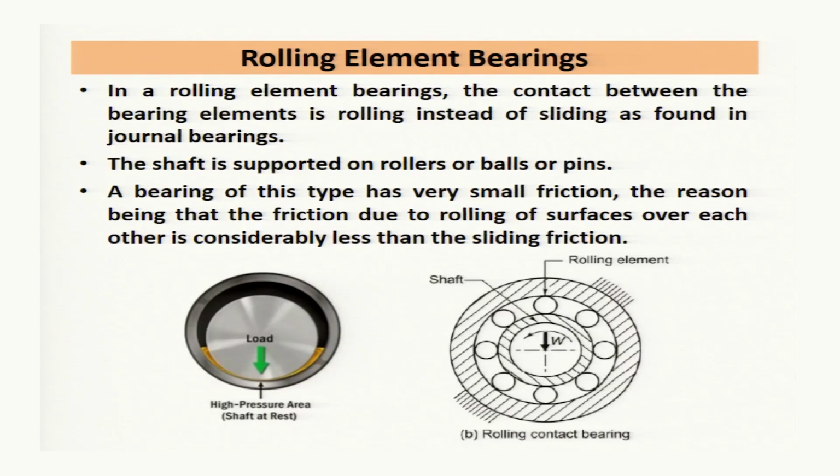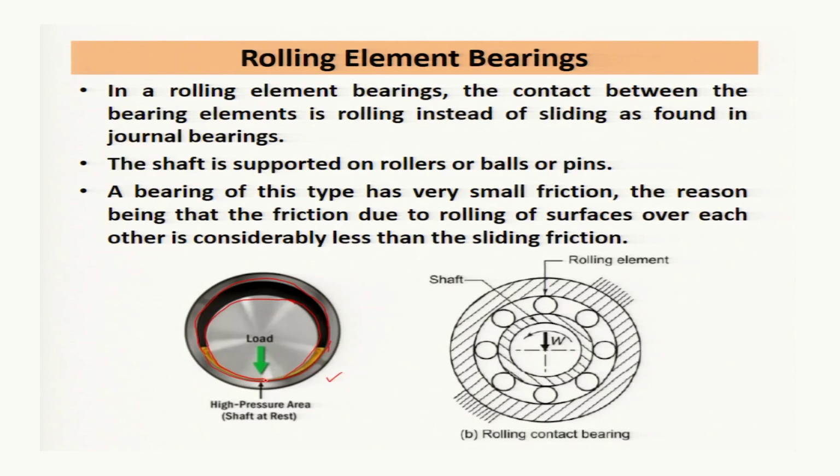In a rolling element bearing, the contact between the bearing elements is rolling instead of sliding as found in the journal bearing. The sliding contact bearing or the journal bearing, which we studied in our previous module, had a bearing, or you may say a bush also, and the journal or the shaft was something like this. Initially they were having